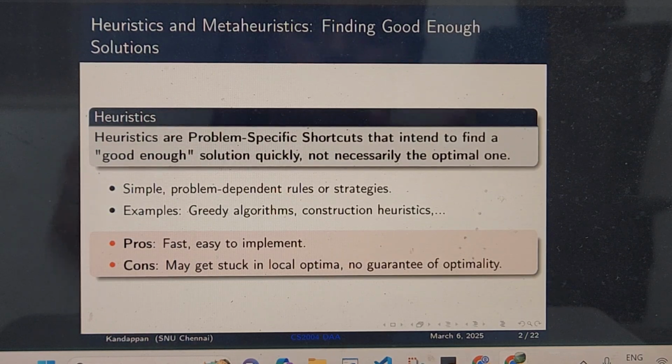So each of these is a logic which helps you pick one interval or one job at a time. One of these we saw is the correct logic, which will always give you an optimal solution. The others, we looked at counter examples which made us understand that in some cases these ideas or these strategies are logically sound. Now any of these qualifies as a heuristic, because using any of these